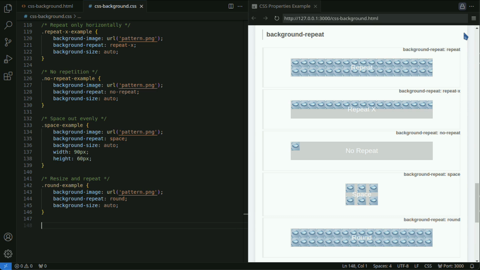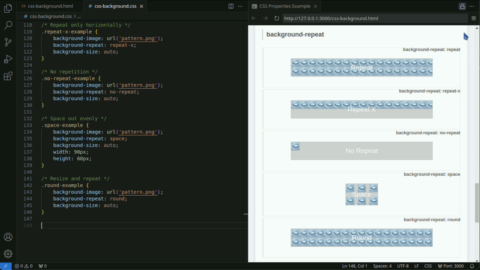The background repeat property can be assigned the following types of values. Repeat: the background image is repeated along both the x-axis, horizontal, and y-axis, vertical. This is the default value. Repeat X: the background image is repeated only along the x-axis, horizontal. Repeat Y: the background image is repeated only along the y-axis, vertical.